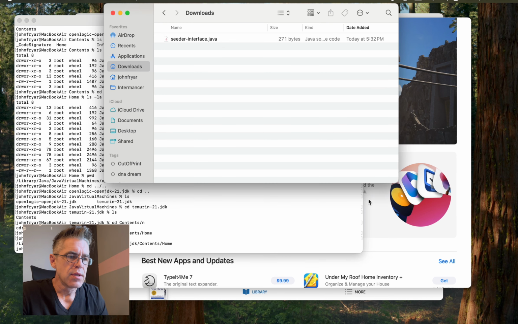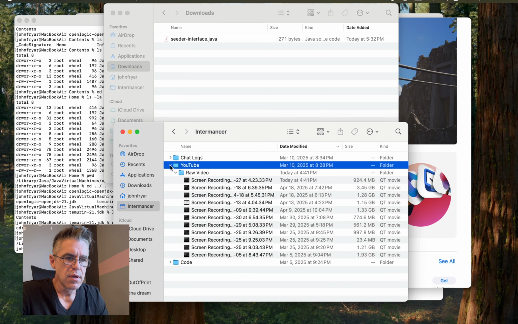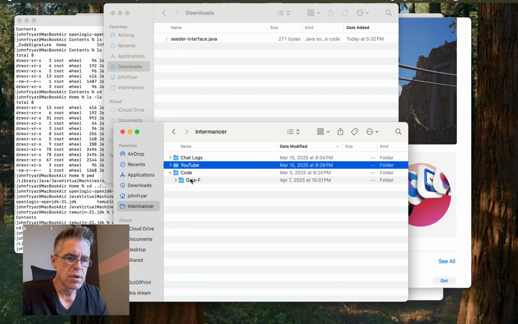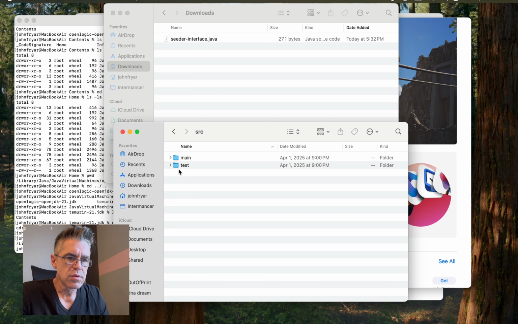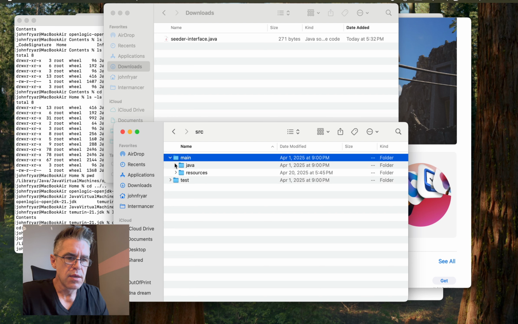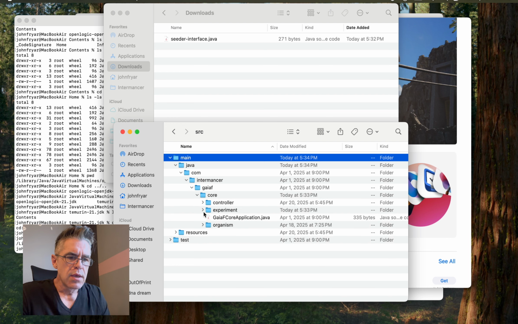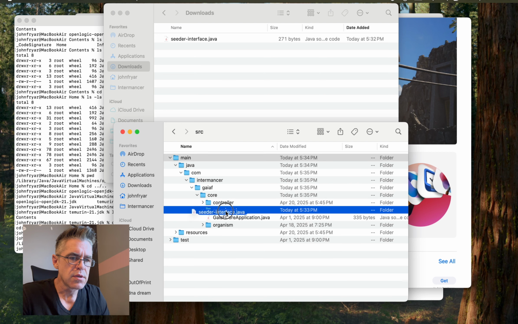Codes, that's great. Why can't I shrink this? Whatever. Answer, code, Gaia F, source, main, Java, com, Intermancer, Gaia F, core, experiment, there's nothing there, and I'll put this,